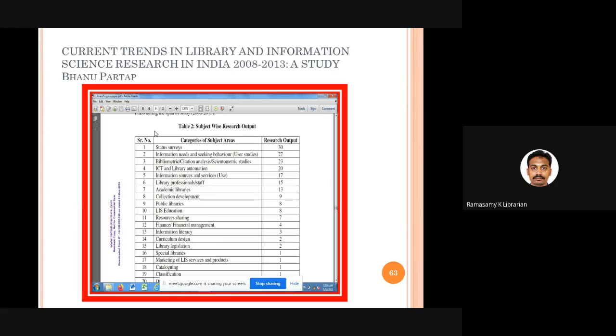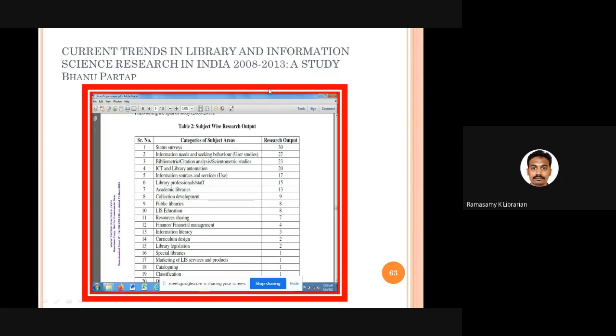So, what is the present trend of LIS research? What are the various key areas in library science being researched by scholars around the globe? I have just reviewed a few papers. One study talked about the prominent areas of LIS research between 2008 and 2013.